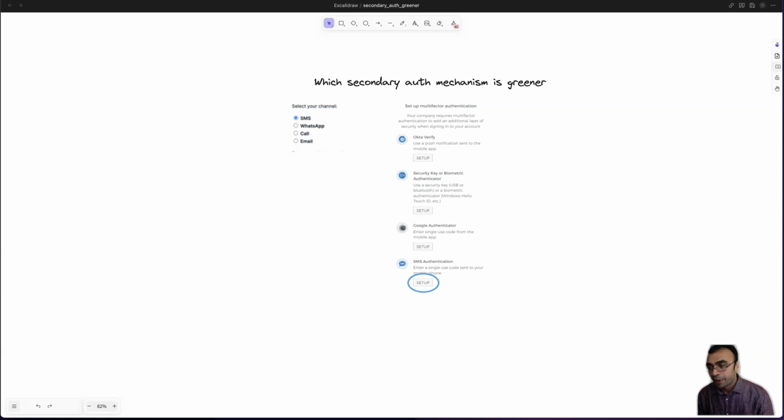Hey, so today I had been logging into a lot of websites, and this is a common problem, right? Every time you log into a website, after your password, they're asking for the secondary auth. It can be either an email or SMS or OTP or call, or sometimes there is, in this case, an Okta